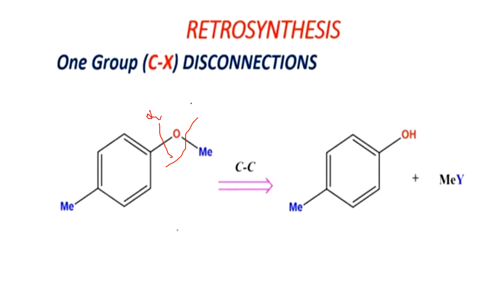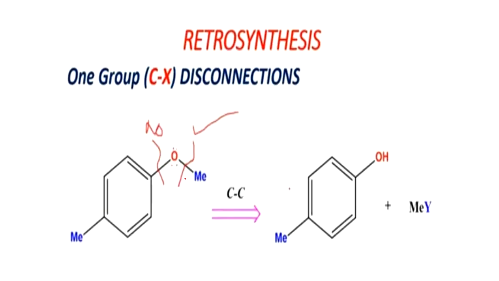Suppose this is the A side and this is the B side. From the B side it is easier to get a synthesis, because we get a cresol compound, which is easily available. One by one we can study how the synthesis or fragmentation of the given compound can be done. This is also called CX group disconnection, meaning we are breaking the carbon and heteroatom bond. So this is called CX disconnection. Here we get a fragment from two points of view, A and B. We have to proceed with the synthesis in such a way that we get a stable compound, or a stable fragment.